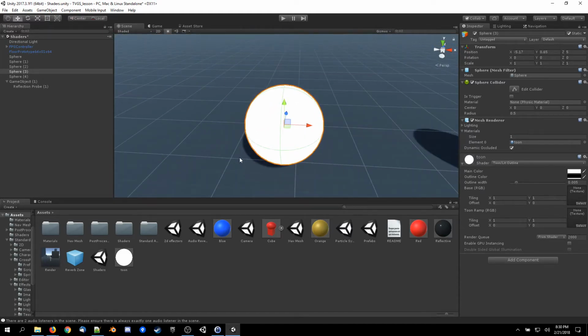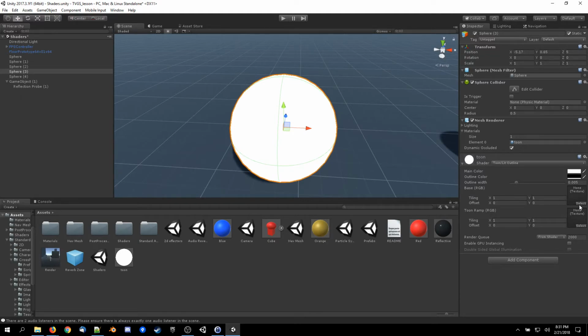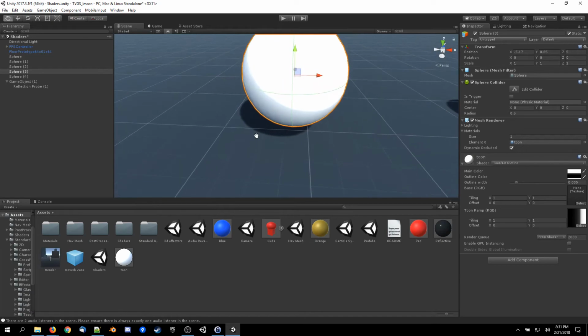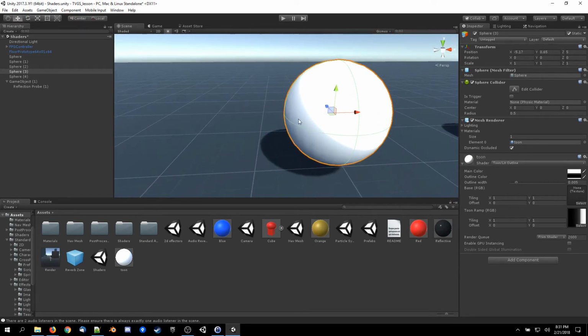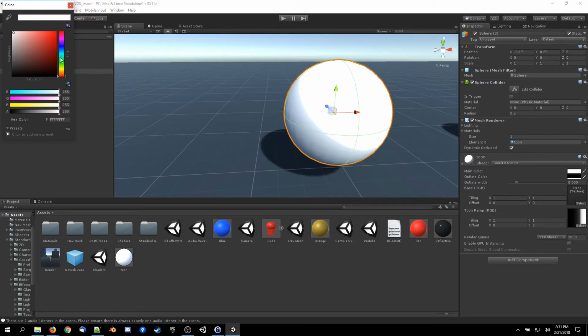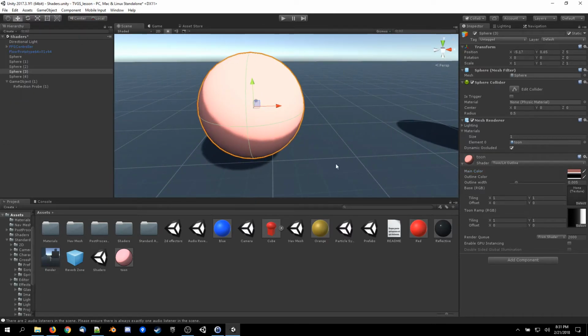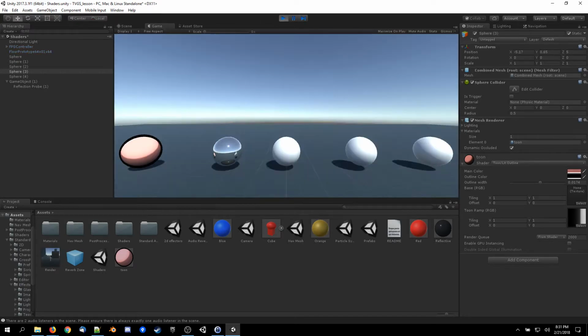But that is totally fine because we just need to apply a Toon ramp texture. There's a couple of different ramp textures that you should have been able to import in a parent. Oh yeah, here it is, util Toon gradient. So we can select that. Then you might notice that this looks a little different. Main color, I'm gonna make it a little grayer so that you can actually see the Toon shading going on. And furthermore, there's an outline color. We can probably make this outline a lot thicker. So if we actually play this in game,